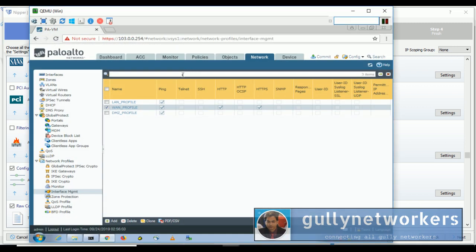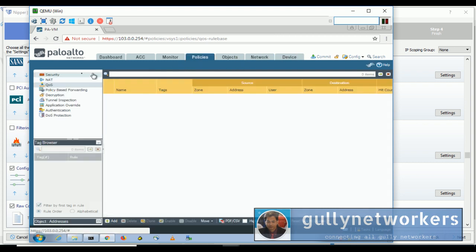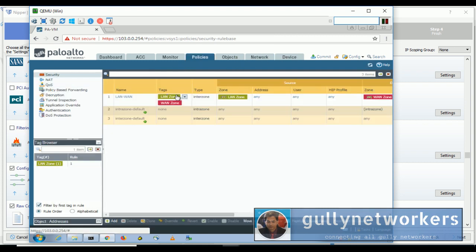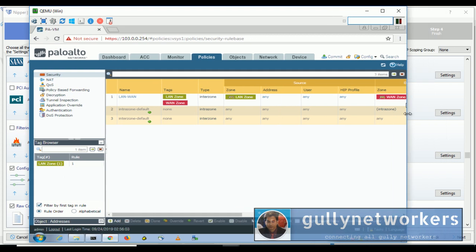I'll show you what I'm talking about, then only you will understand in a better way. I'll go to the policies, I'll go to the security. This rule I have created LAN to WAN. What it says is that from zone LAN, PaloAlto is a zone based firewall first of all, to reach from LAN to WAN zone, this is a policy. This is an inter-zone policy, and with this rule only